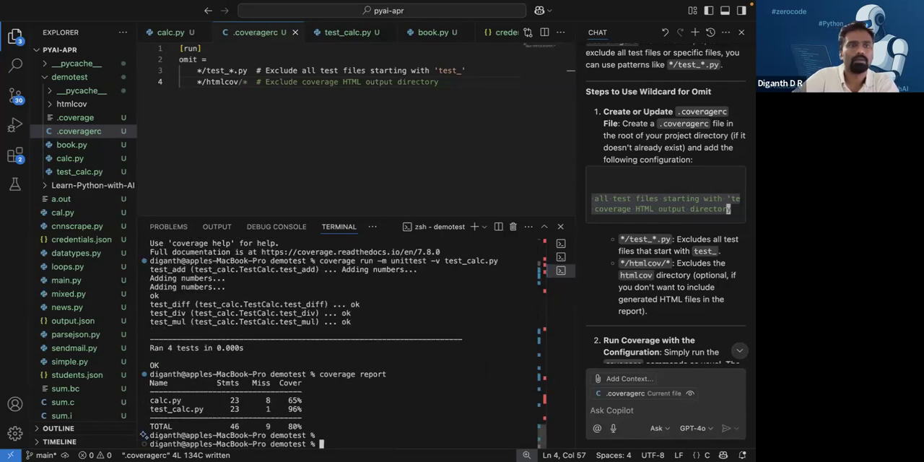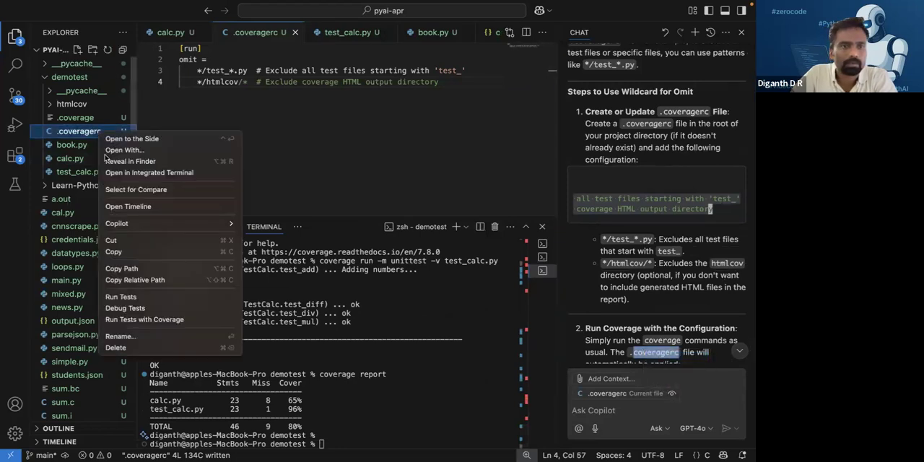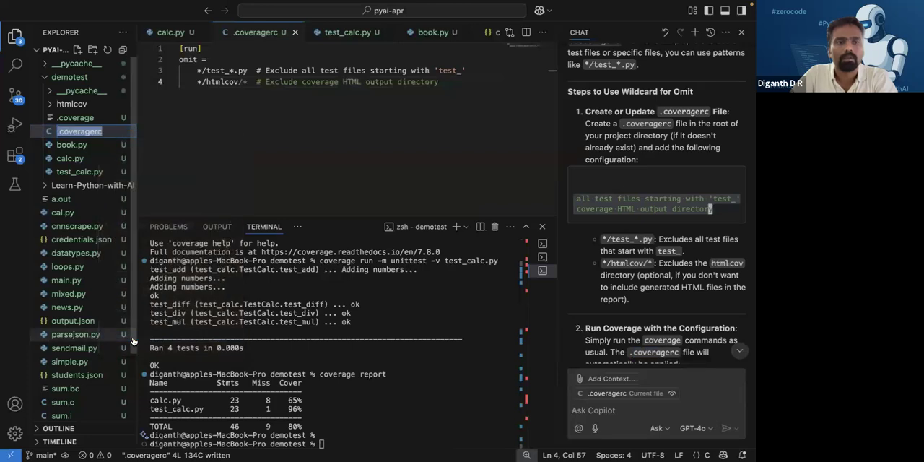Report. In this, it's not picking up this file, but yeah, you can try out. So this is how you can exclude the files, but you understand the general idea. Okay, maybe coverage. Okay, coverage.rc it is. Coverage RC. Maybe there's a typo or something like that. Not sure, but